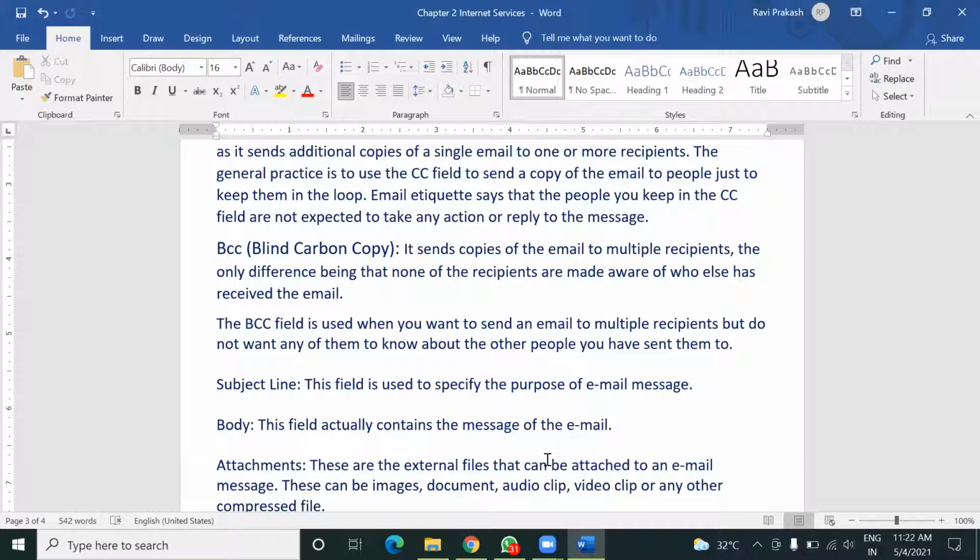Do you all know about compressed file or file compression? Zip file, no? Zip file. For what purpose do we use it? If there is no space and we want to free up space, we can zip the file. So you can use file compression application software to reduce the size of your file.